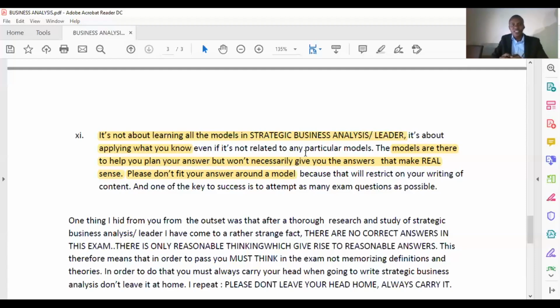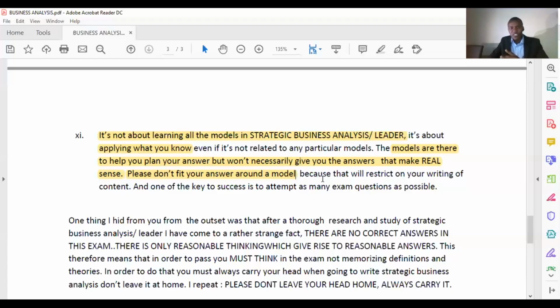So what I'm trying to say is that the other key thing that you need to do before exam day is to attempt as many exam questions as possible. Now, what I want to mention to you is that those exam questions that you attempt, the past exam papers, the examiner does not expect you to answer according to where they answer in their solutions of the past exam papers. Those ones they put in the past papers are simply suggested solutions. They're not the exact answers they want you to write. So please avoid copying and pasting things from the past paper in the exam, because what is actually in the past paper is simply suggested solutions. Please, you have to be able to remember that.